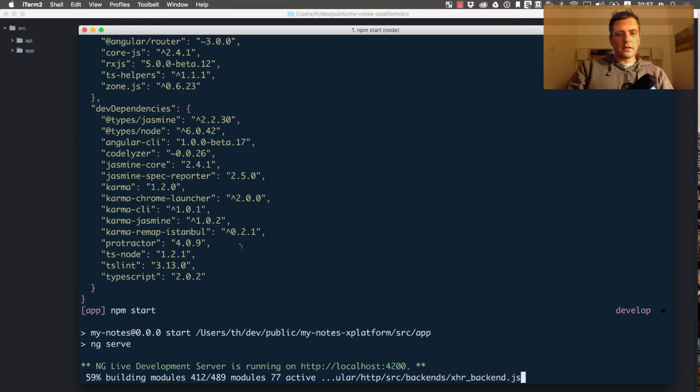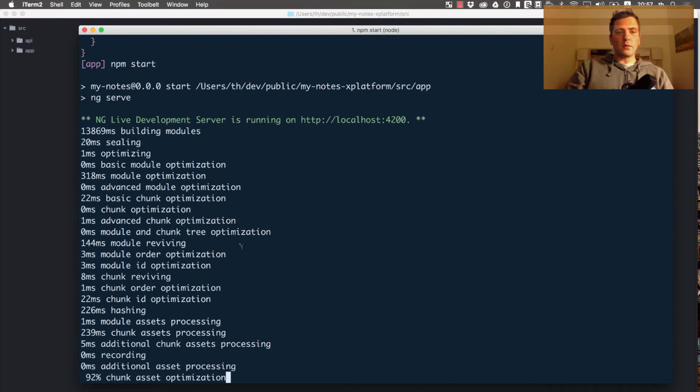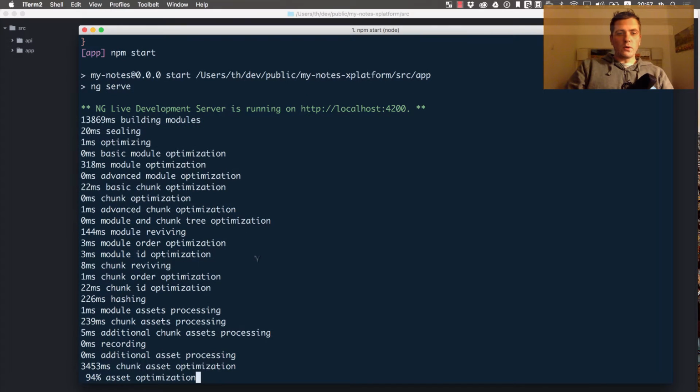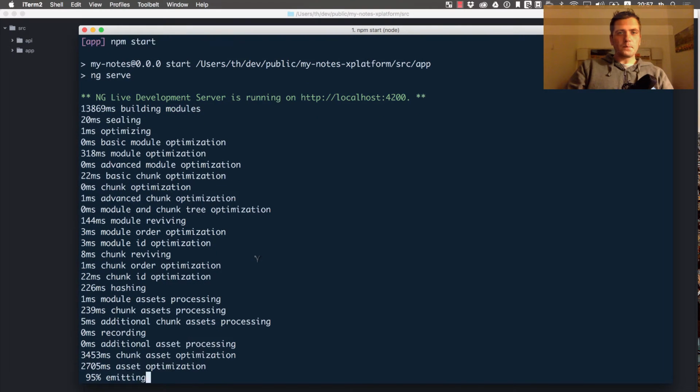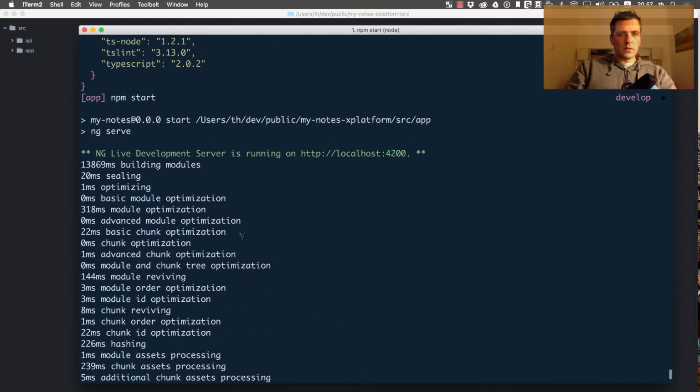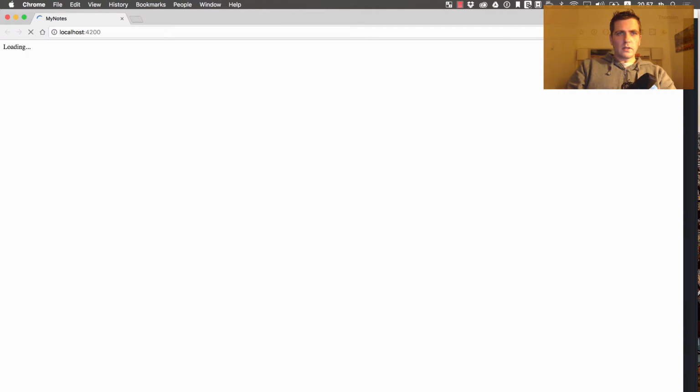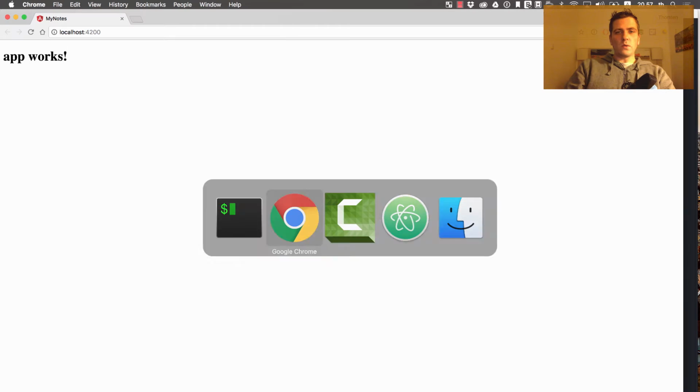Okay, Angular CLI is using webpack to build the Angular application together with all those dependencies required for running the app in the browser. Oh, it's not automatically starting the browser, so let's click the link and boom, here we go. So our app is working, the Angular 2 setup is done, but we don't want to stick with the